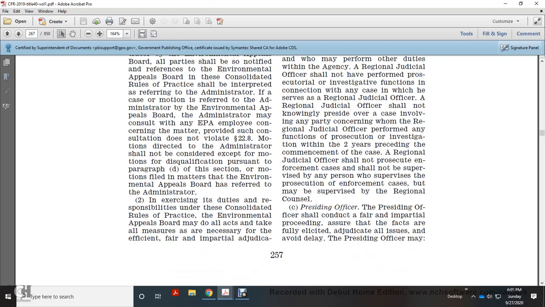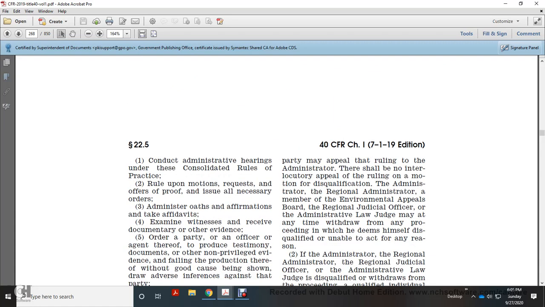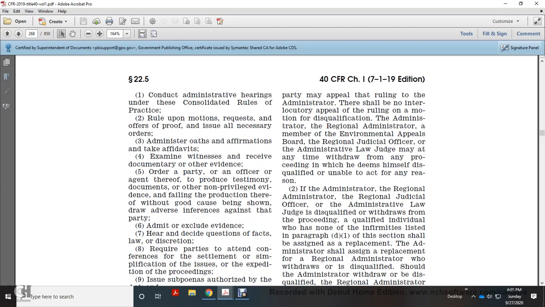The presiding officer shall conduct a fair and impartial proceeding, ensuring that all the facts are fully elicited, adjudicating all issues, and avoiding delay. The presiding officer may conduct administrative hearings under the Consolidated Rules of Practice, rule upon motions and requests, and accept offers of proof. The presiding officer may issue necessary orders, administer oaths and affirmations, take affidavits, examine witnesses, and receive documentary and other evidence. The presiding officer may order a party, officer, or agent to produce testimony, documents, or other non-privileged evidence, and upon failure to produce them, absent good cause shown, draw adverse